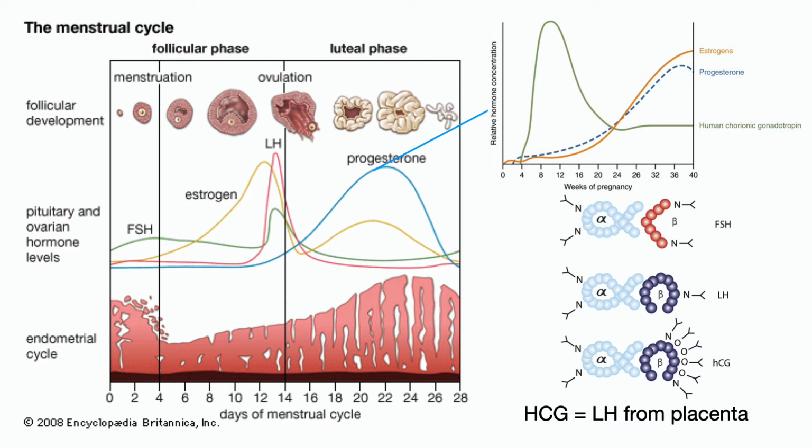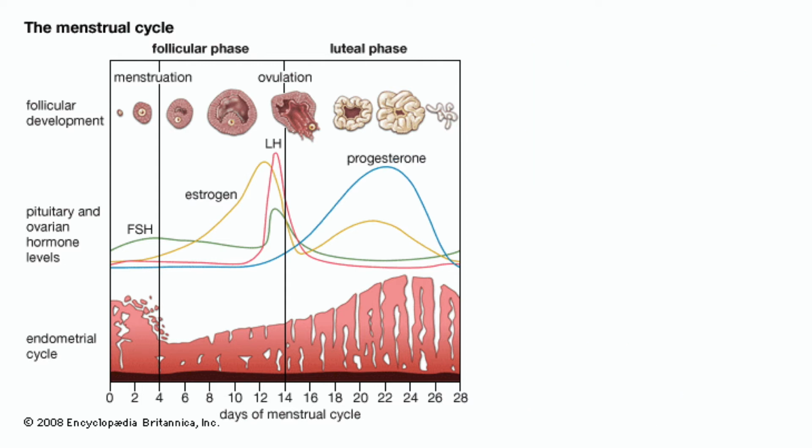But the main takeaway here is that HCG is equivalent to LH, except that instead of coming from the pituitary, it comes from the placenta. And this is what supports the luteal body to keep making that progestational hormone. Wow, in just a few minutes, we covered all of the things that you need to know as an MS1